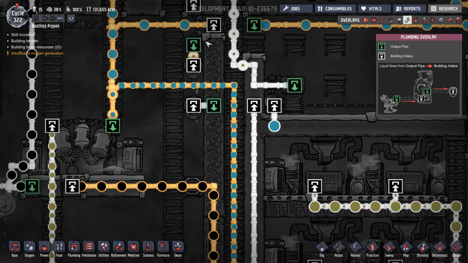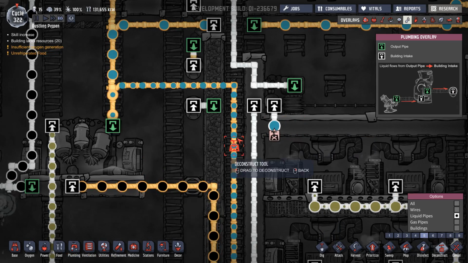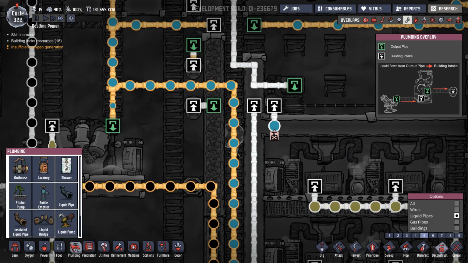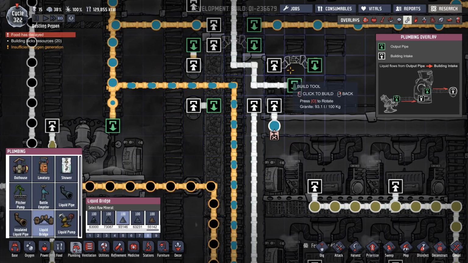Unless I go up over the top there and jump that way and come down there. I don't see why that should be an issue coming off of there, but the game seems to have a bit of a problem, doesn't it, with liquid bridges and things, and I don't know why. I mean, if I went like that,